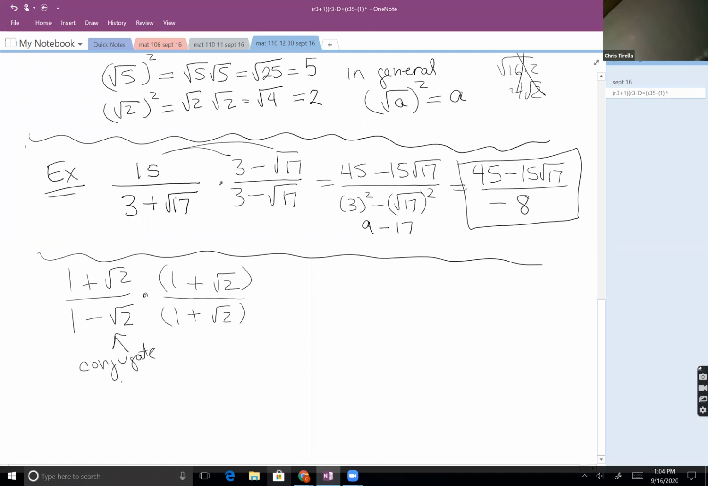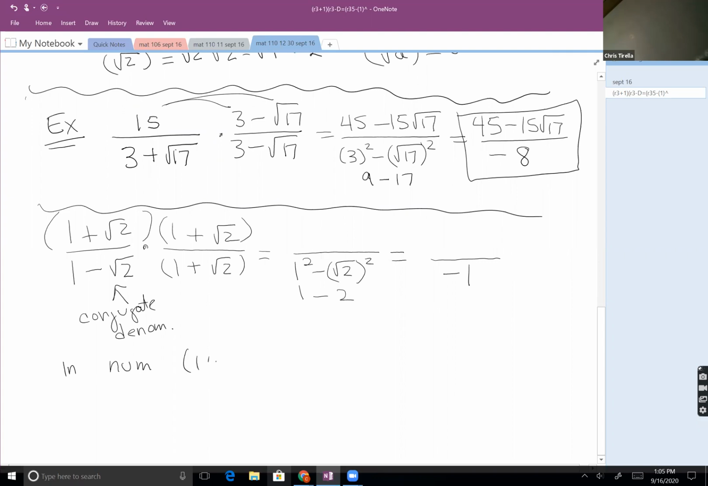So the conjugate in the denominator is going to multiply to 1 squared minus radical 2 squared, which will be 1 minus 2. So my denominator is negative 1. And that part's the same as what we've been doing so far today. Where it gets a little bit different is in the numerator. In the numerator, because I'm multiplying two terms by two terms,